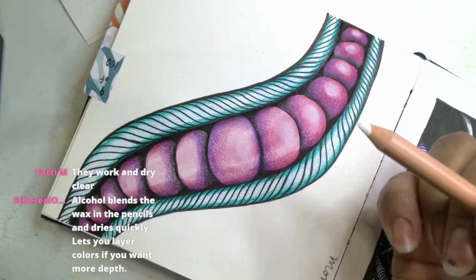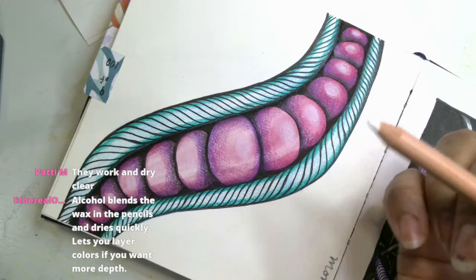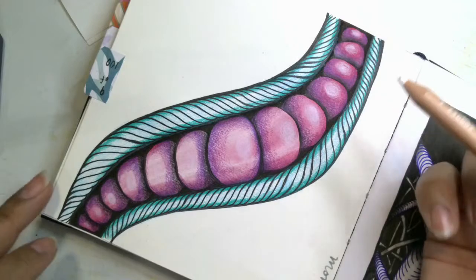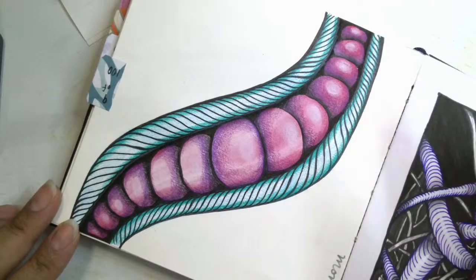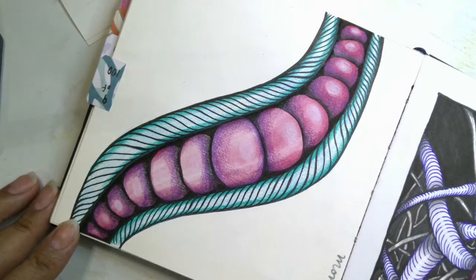Yeah. Jan says this is like grapes in a pod. I know. Yeah. I was saying at the beginning that it's like peas in a pod, but they're purple, so I guess they're something else. Someone said that maybe it could be like a butterfly or...